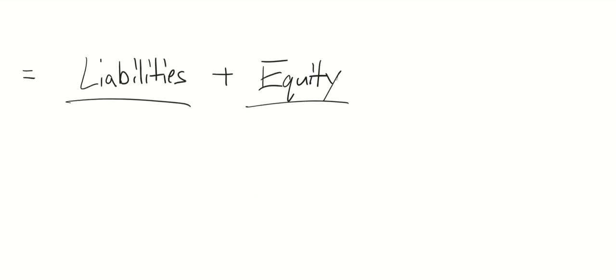Okay, that recording tool is called the double entry system. This recording tool demonstrates that there's a dual effect, at least a dual effect that occurs in a given